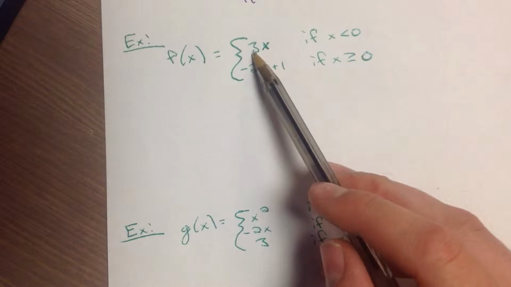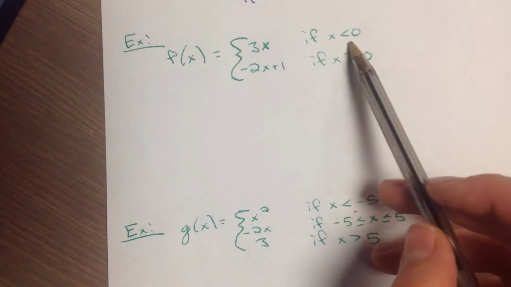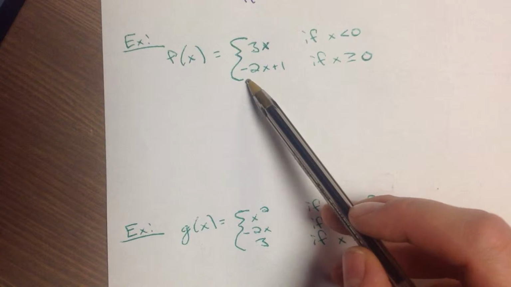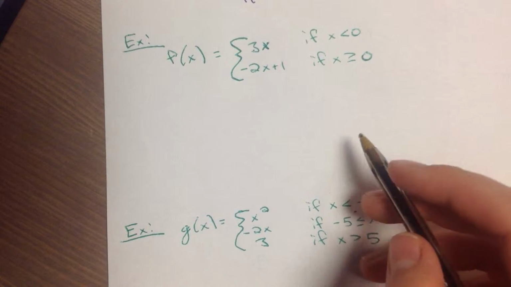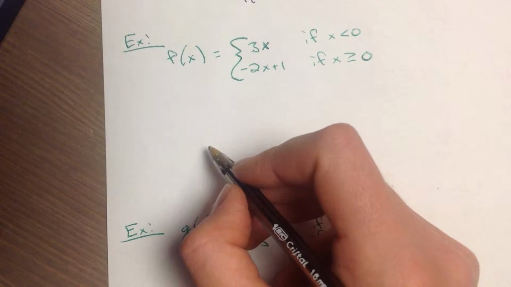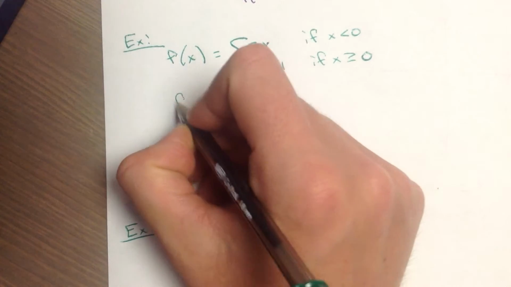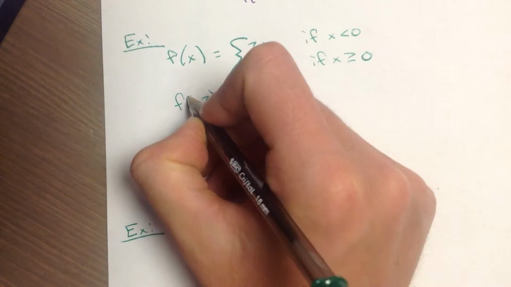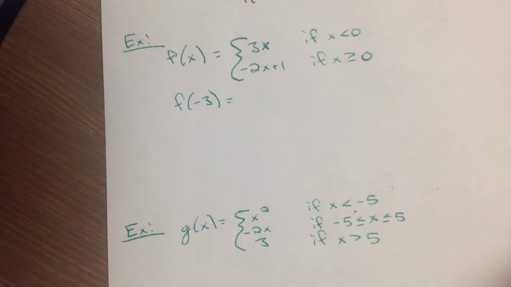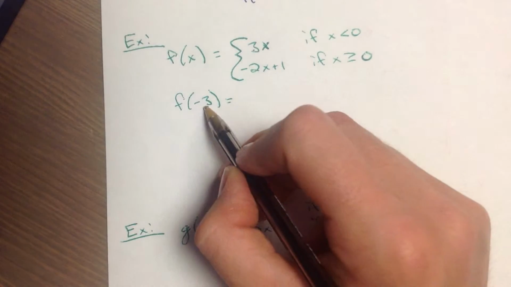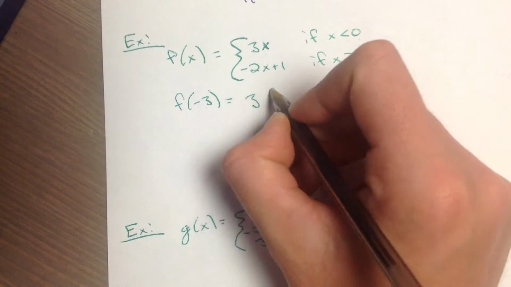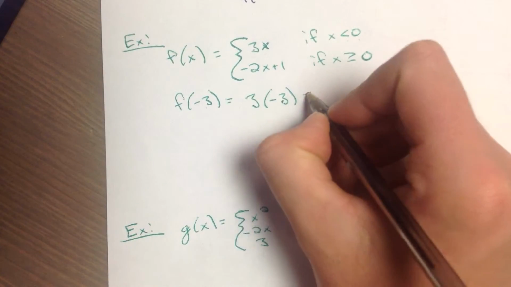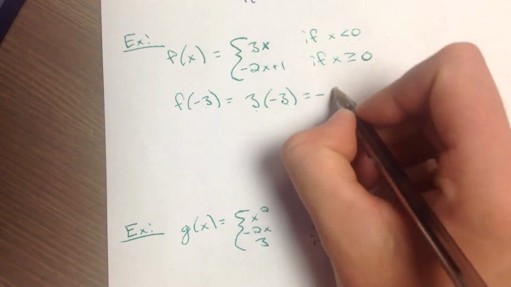So we're going to graph or use 3x if we have an x value less than 0, or use negative 2x plus 1 if we have an x value greater than or equal to 0. So for example, if I'm evaluating the point f of negative 3, I'm wondering, well, where do I input that? Well, negative 3 is less than 0, therefore I input it into the 3x equation and get a value of